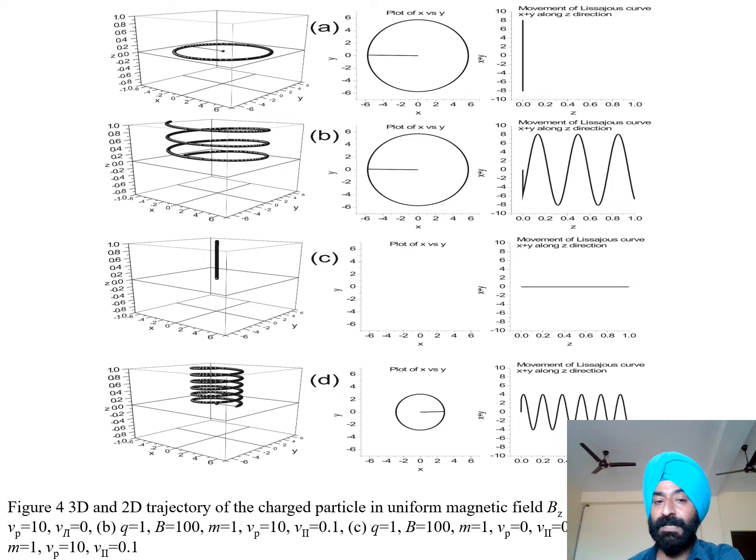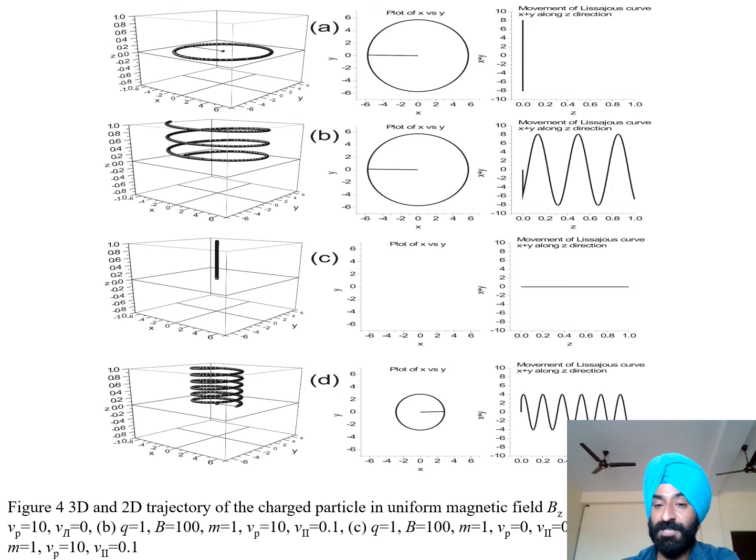But when a field is also in that direction, then this particle also experiences a force and starts moving in that direction, and we get a certain helix-like pattern. You can vary the velocity, you can vary the charge, and we can easily note down the effect on the trajectory